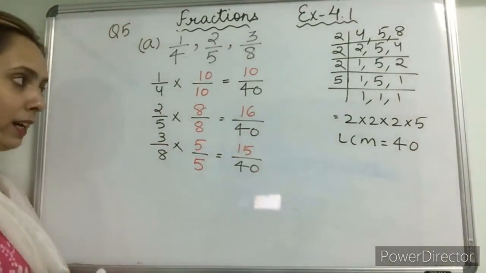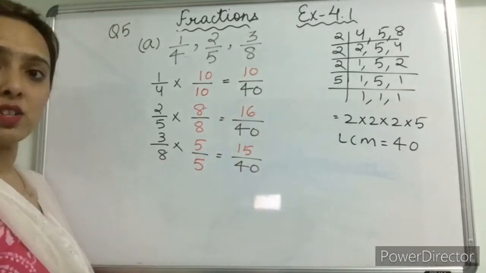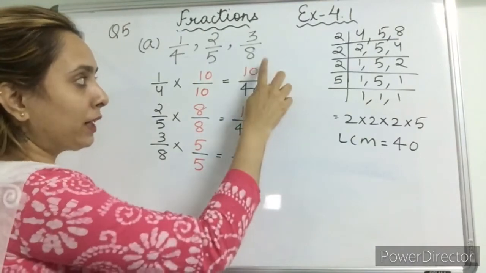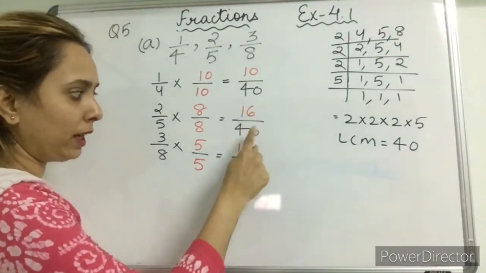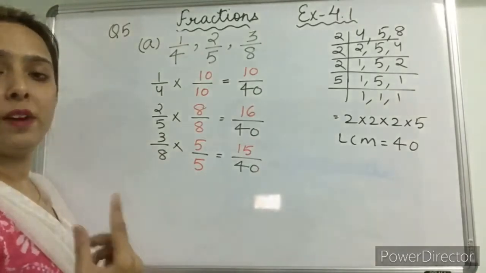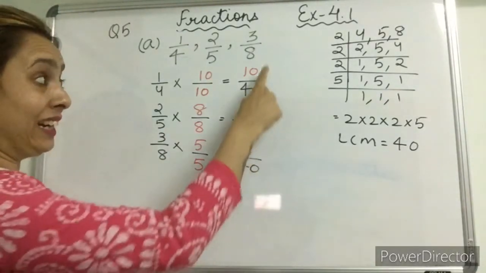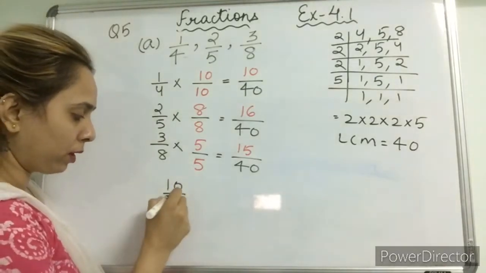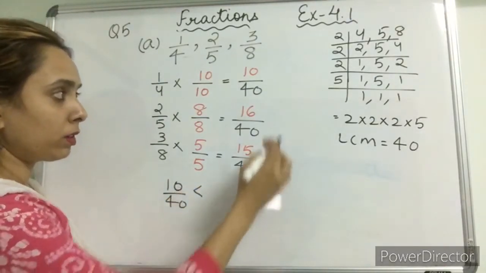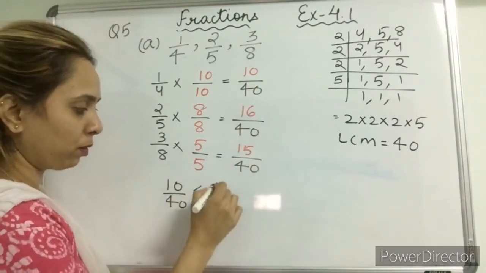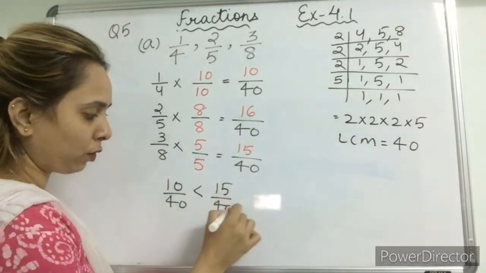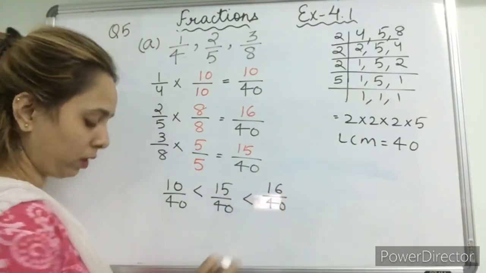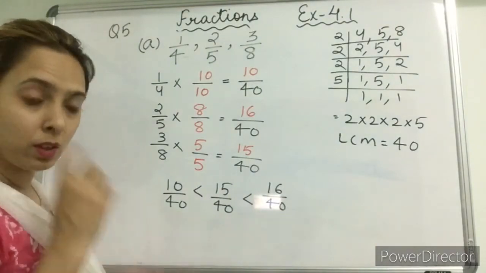So now you all can see that we have got some fractions and all these fractions are like fractions. So according to this, you all can see 10 upon 40, 16 upon 40 and 15 upon 40. Which fraction is the smallest? The fraction which is having the smallest numerator, 10. So ascending order: 10 upon 40, then greater than 10 upon 40 is 15 upon 40. Now the largest fraction is 16 upon 40. This is not the answer. We have to arrange